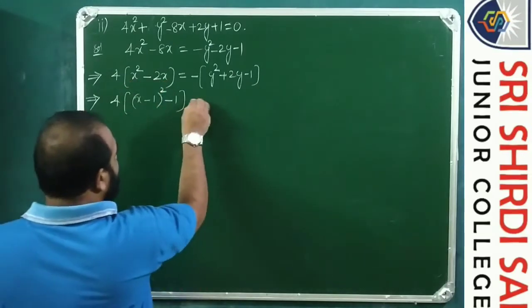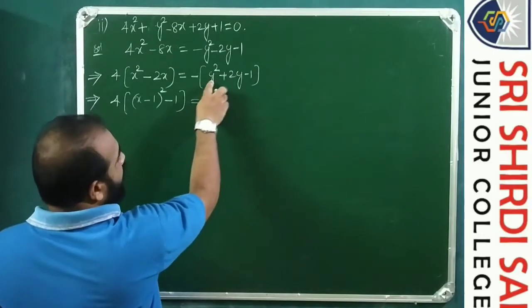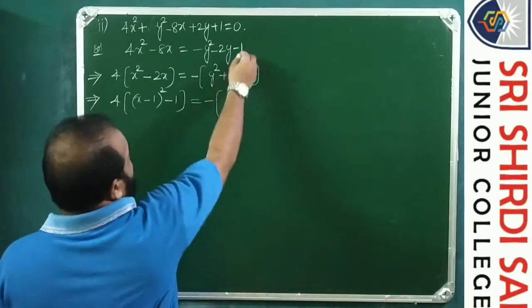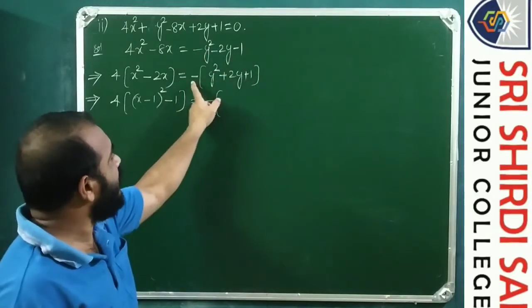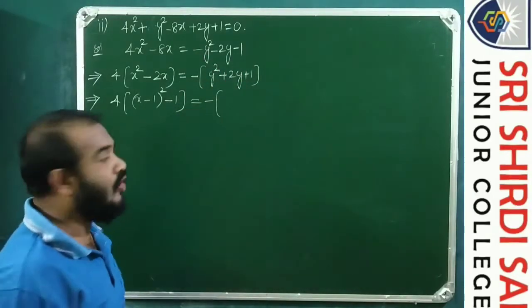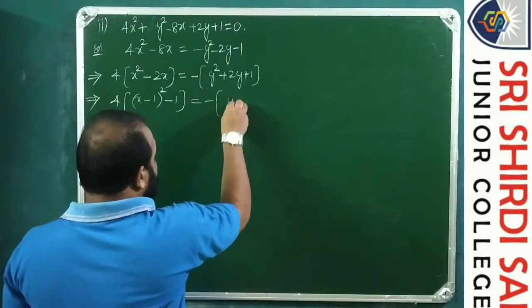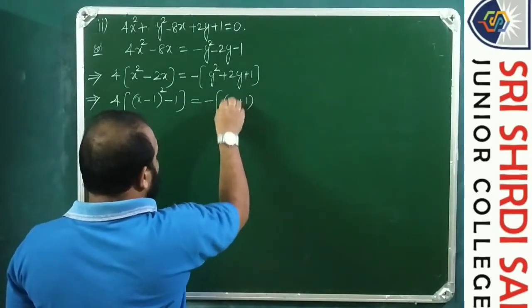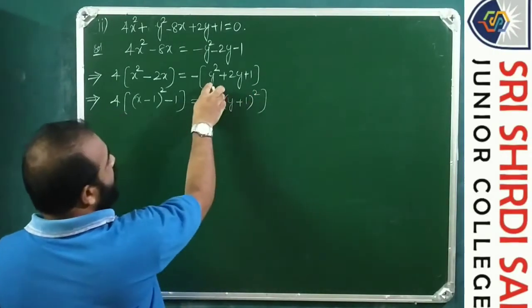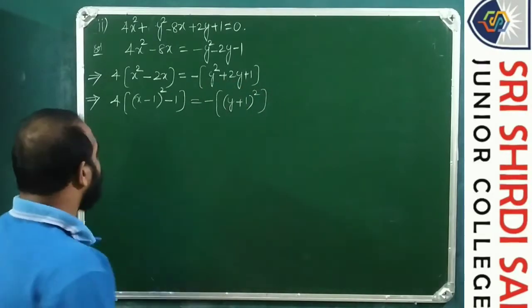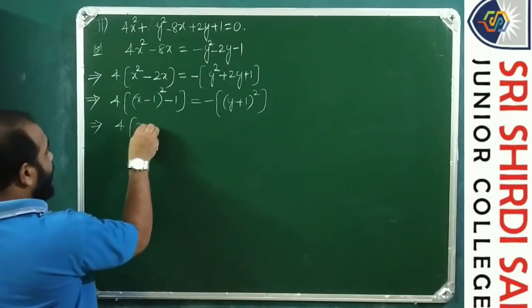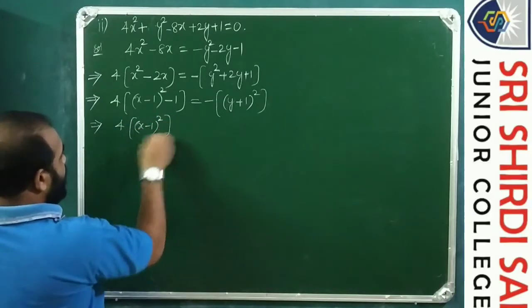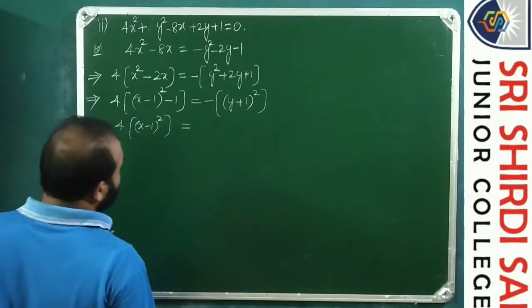Minus of, this is y square plus 2y plus 1, this is minus I have taken common, therefore y square plus 2y plus 1 we got. So this can be written as (y plus 1) whole square. This is a square plus 2ab plus b square term. So this is equals to 4 into (x minus 1) whole square is equals to